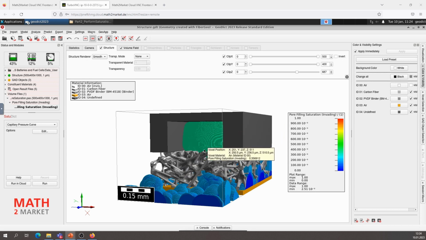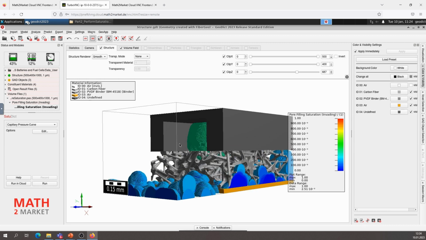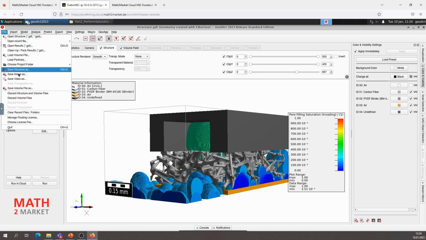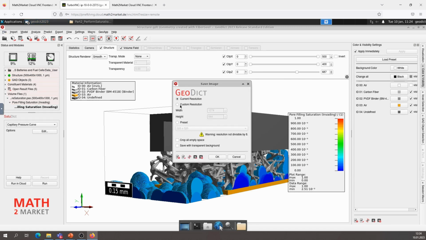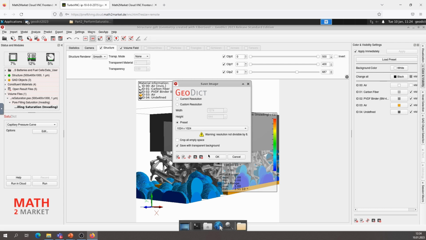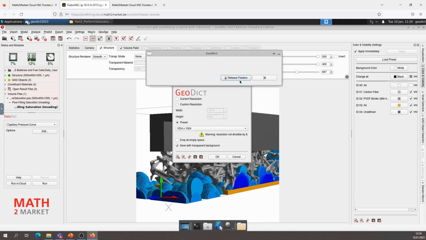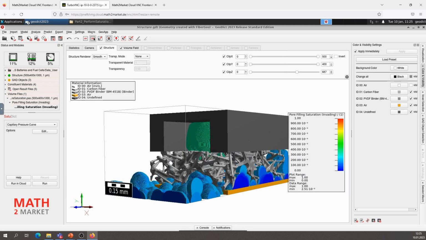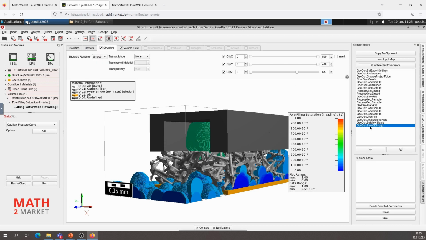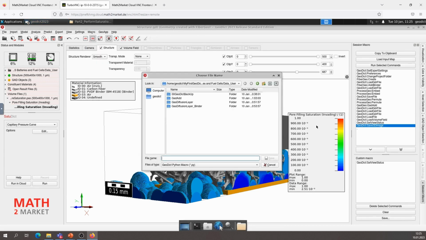If you want to save a specific visualization and want to save the settings for that, we are going to save image as. Click on OK, and then we have a saturation structure. Click on save. Now we save the image, and then we can really go to macro, session macro. You here have the settings here and click on save, and now you can save the structure.